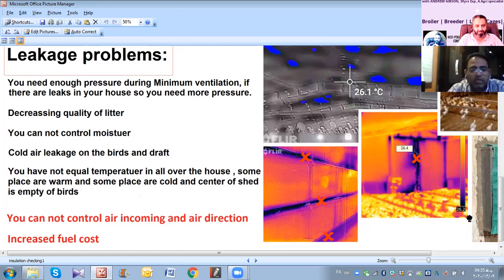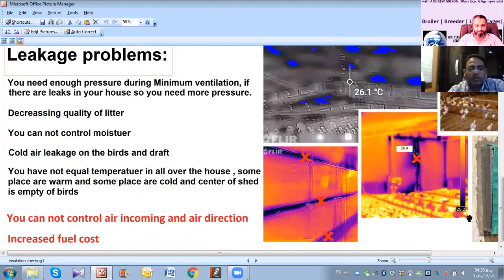You cannot control moisture. Litter moisture increases in the shed, and this causes problems for the birds. Cold air leaks onto the birds and causes draft. You cannot control it just at the inlet. In other places during negative pressure, cold air comes in and drops onto the birds.